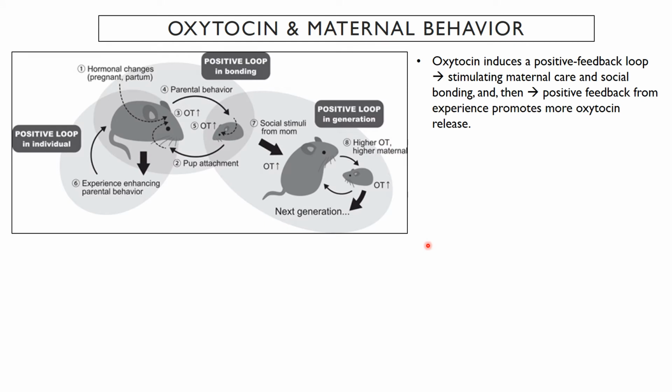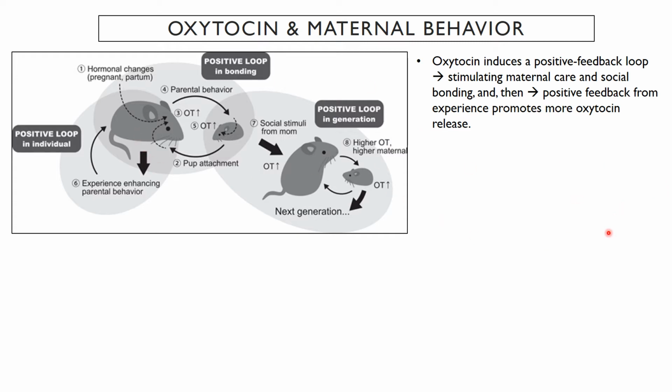So in addition to the positive feedback loop that oxytocin induces as far as uterine contraction is concerned, there are also some positive feedback loops that oxytocin is involved in with stimulating maternal behavior, as well as overall pair bonding between parent and offspring. The initial reaction of giving birth, called partum, involves a huge surge in oxytocin inside the mother. This primes the mother to induce maternal care and social bonding between parent and offspring.